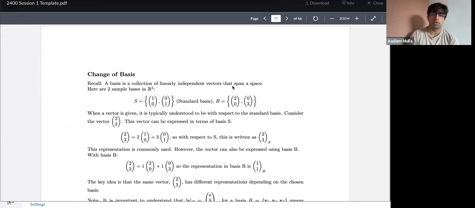Okay, this is probably one of the most confusing parts, especially of this first section. So let's spend some time on it. How do we change between bases? Okay, so the first thing is,